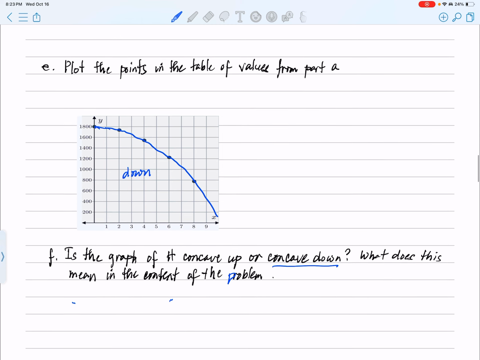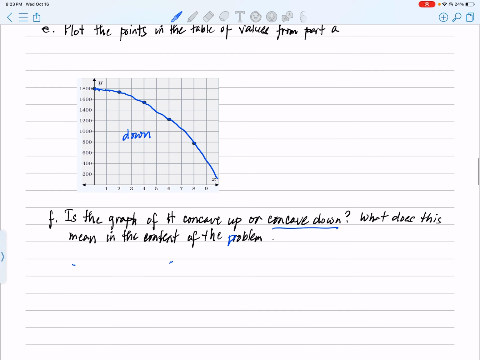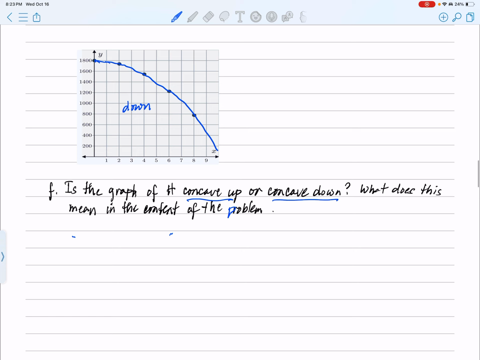So that's the graph. Basing on the graph, that is for question F. Is the graph concave up or concave down? When you explain something, you have to write it in terms of words. You would say the graph